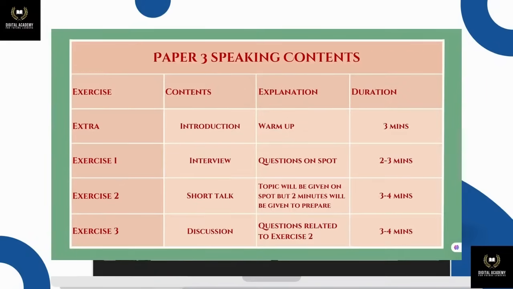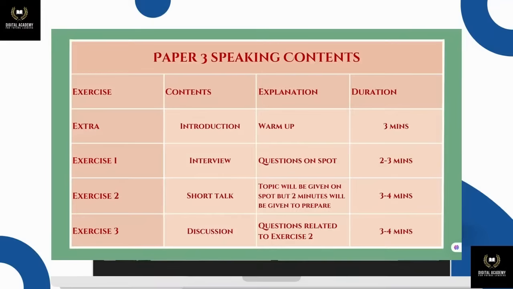Lastly, exercise 3 is the discussion, where you will be given questions related to exercise 2 and you will be given 3 to 4 minutes to talk on the topic.